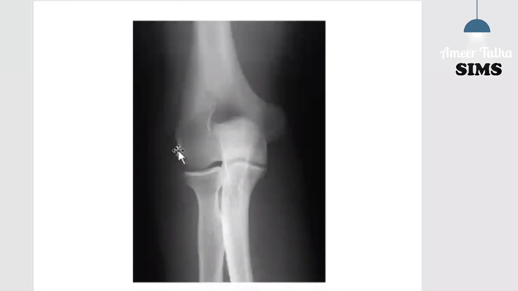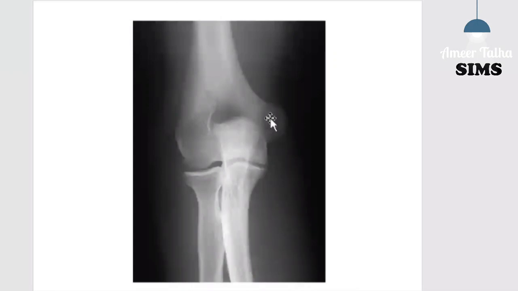As far as the significance of the medial epicondyle is concerned, other than the common flexor origin, it is closely related to the ulnar nerve which is passing behind the medial epicondyle. And in case of fracture of this part, the ulnar nerve may undergo injury, leading to catastrophic results in the function of the hand and the fine movements of the hand.